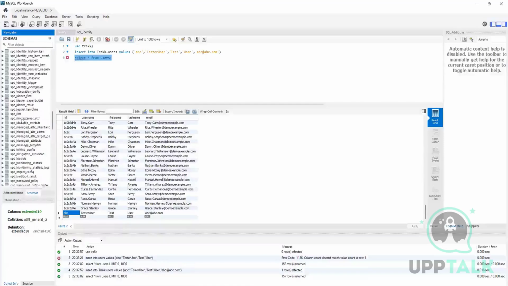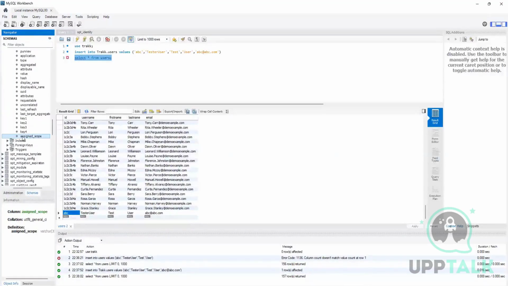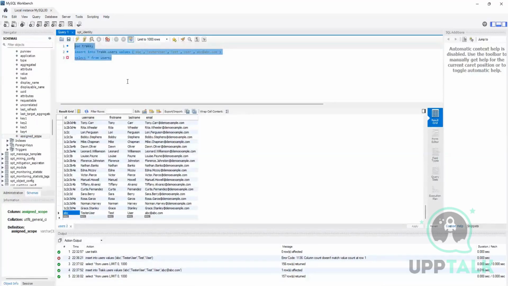So let's go to spt_managed_attribute table. Expand the columns. Till target ID, oh, sorry, not this one. I have opened the wrong table. SPT managed attribute. Till assigned scope is there. Now we are going to add two more columns here. So if you know the query to write, you can create on your own. If you're not from the DB team and not sure how to write the query, then